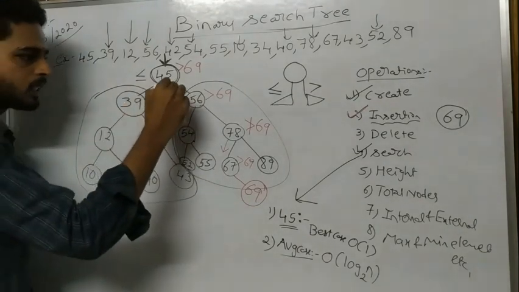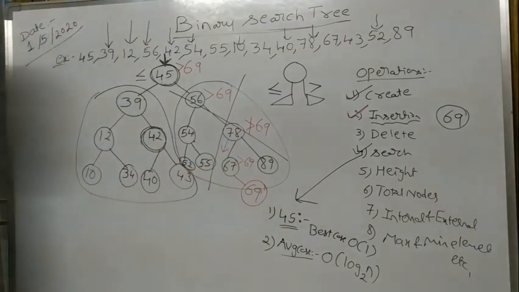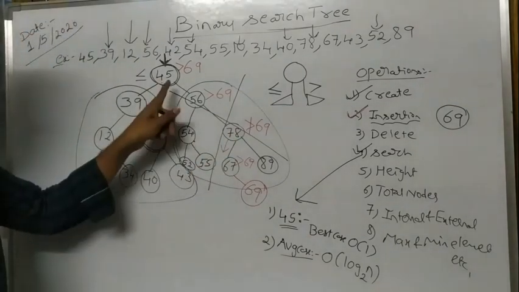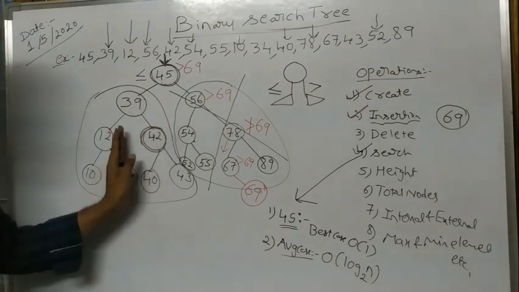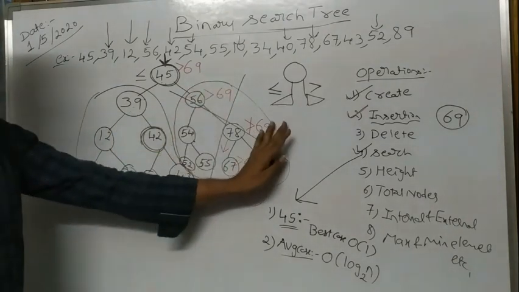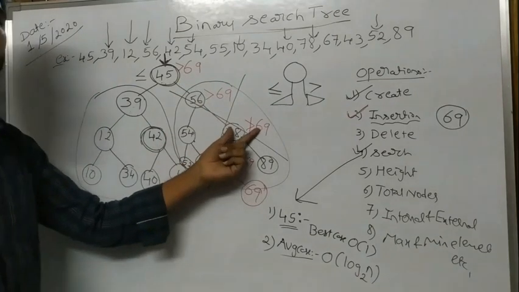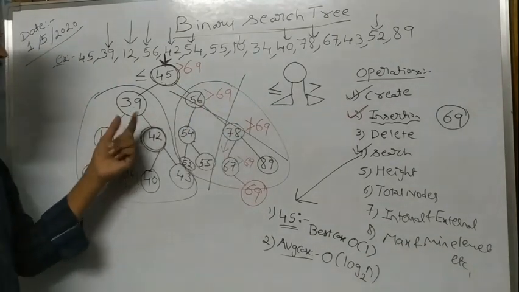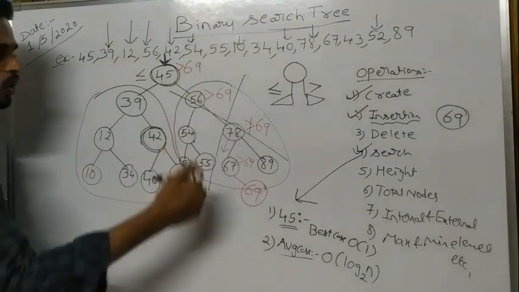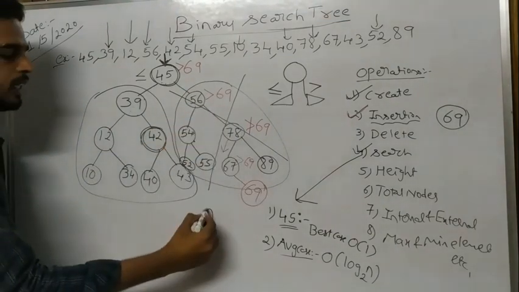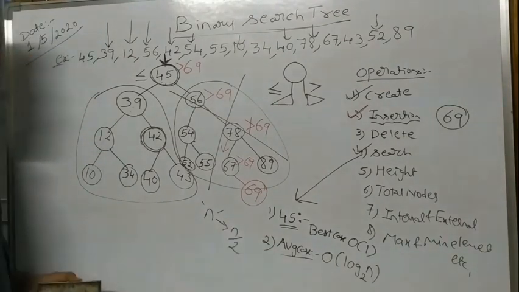So here I am skipping n by 2 elements every time. If I already know my 42 element is present on the left side, I won't check any element in the right subtree. Or if my element is present on the right side, then I won't check the left side. So I am just skipping. So my 42 is present on the left side, I will skip the entire right elements. So instead of searching n elements, I am searching only n by 2 elements for the first operation.